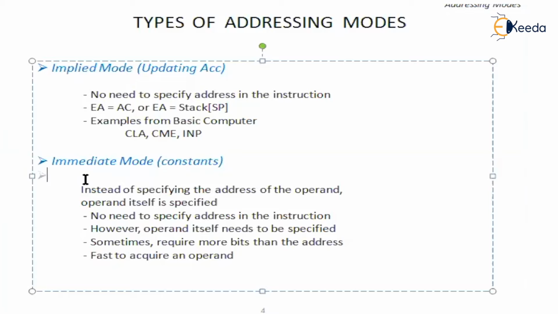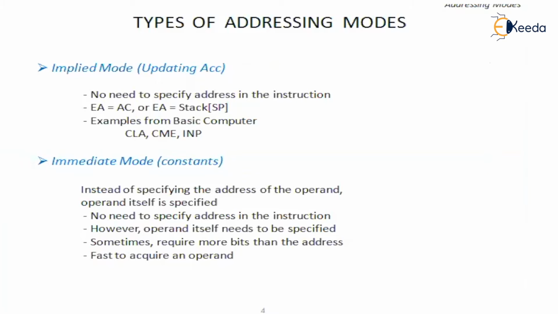Okay, of course, if you people can sensibly think, immediate addressing mode is for constants, right? Here, what is a constant? Constant is a specific value. Constant cannot be an address. Okay, so immediate addressing mode, if you want to declare constants, then you need to be supported with the immediate addressing mode. Okay, if you want to implement constants in your program, first of all, you need to ensure that the system is going to provide you with the immediate addressing mode. Okay.